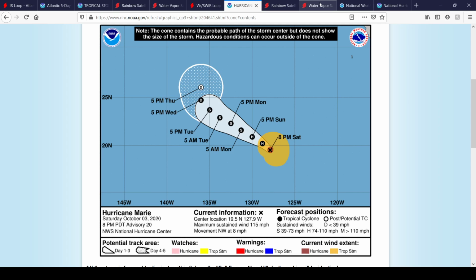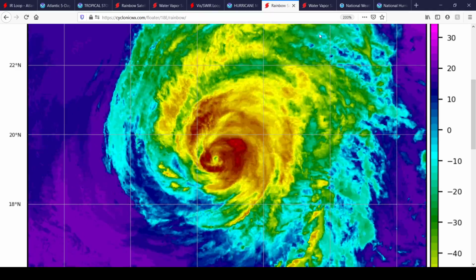Poses absolutely no threat at all to land. Fortunately, it's moving away from land, although it is posing somewhat of a coastal risk. It is moving away from the coast, and it's forecast to rapidly weaken as it enters those really unfavorable conditions. It starts to really feel the effects of them, I should say,